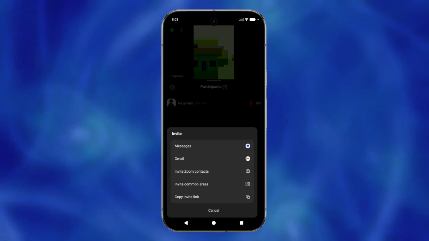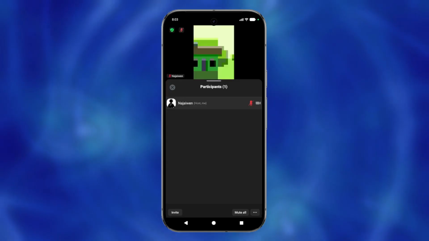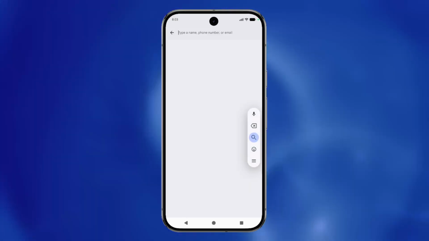For this example, we'll tap Messages, but feel free to select your preferred option from the list based on how you normally communicate with the people you want to invite. Once you've selected Messages, you'll be taken to your messaging app. In the upper right corner, tap the magnifying glass icon to search for a contact. This opens up the search functionality, allowing you to quickly find the person you want to invite without scrolling through